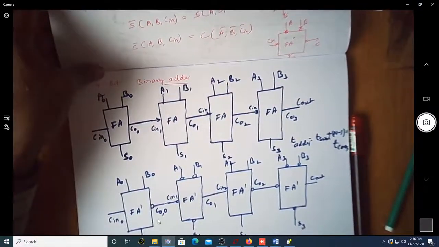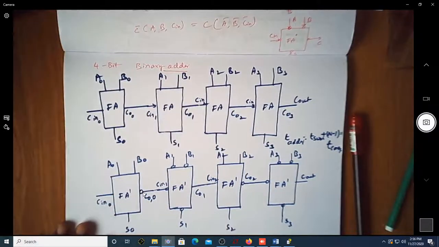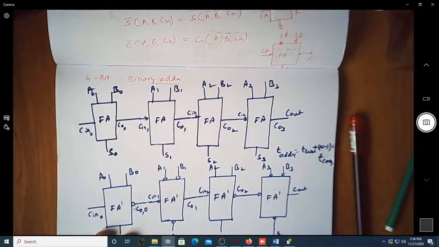You can see here this one. So of course this is, conceptually you have to put an inverter to get C out bar. So you may be just wondering, okay, what is the fun in taking out an inverter and then putting an inverter at the output? So let us keep watching it.